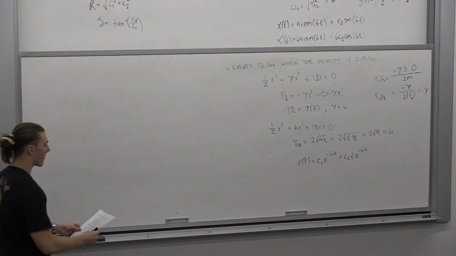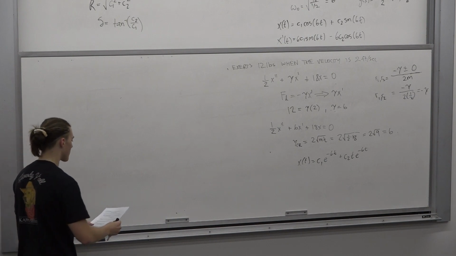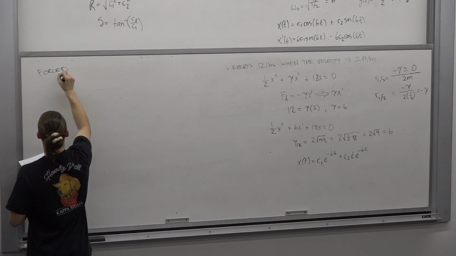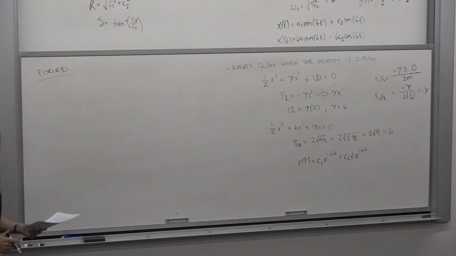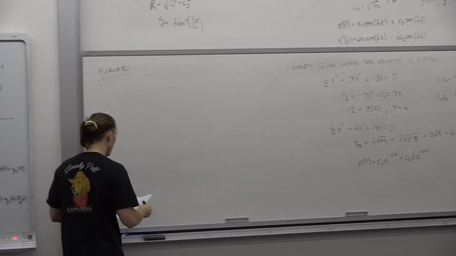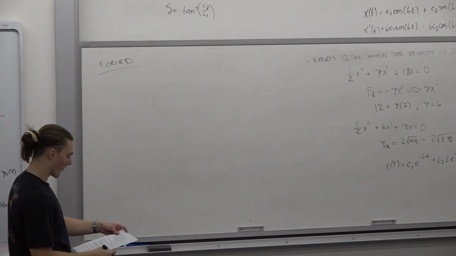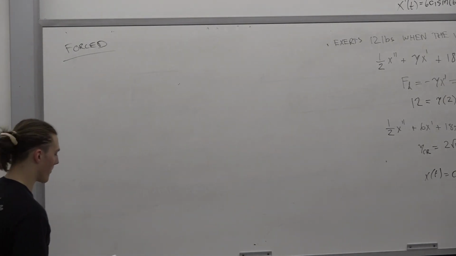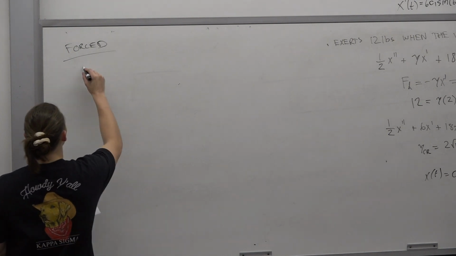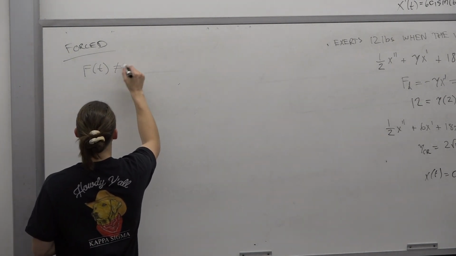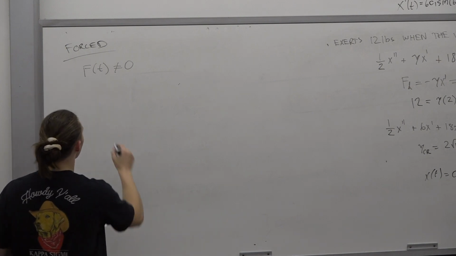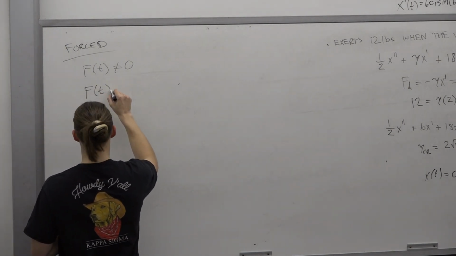So finally we have forced vibrations. So we're no longer in a free vibration. g of x does not equal 0. So some things to consider. This is when f of t does not equal 0, right? Some things to consider here is that this equation can take on a periodic form, one that contains